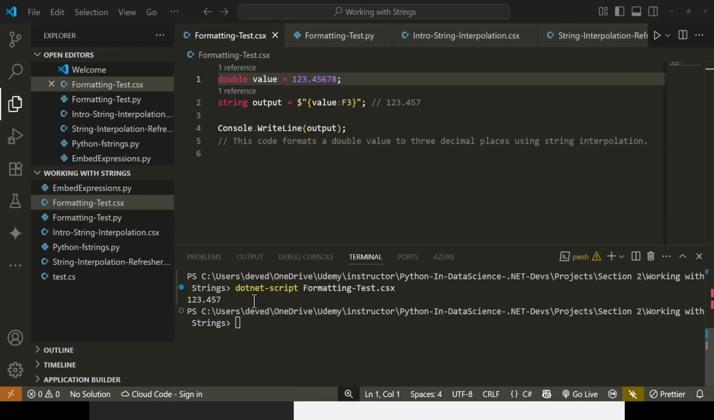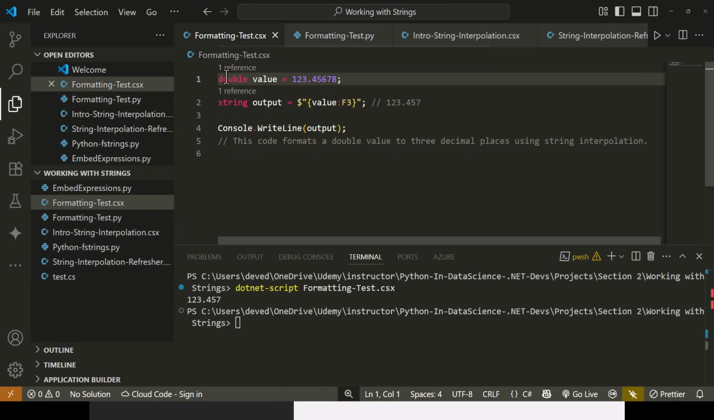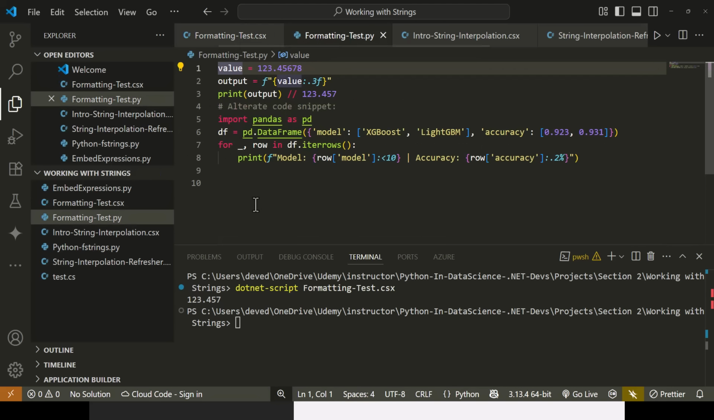So this is the resulting output of the C# script file, formatting test.csx: 123.457, up to 3 places of decimal. This F3 means 123.457. Now we'll run this code, formatting test.py. So I've got 2 codes. This is one code which is exactly equivalent to what I've written in C# here, and this is another thing,